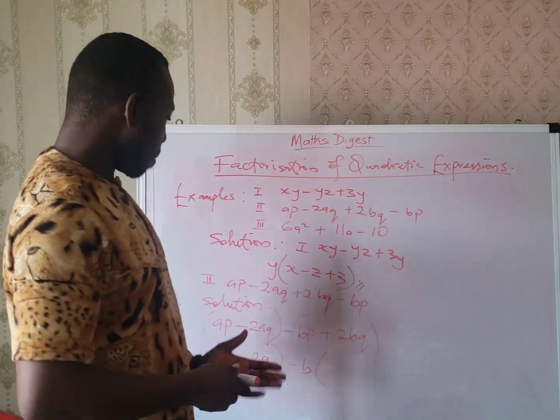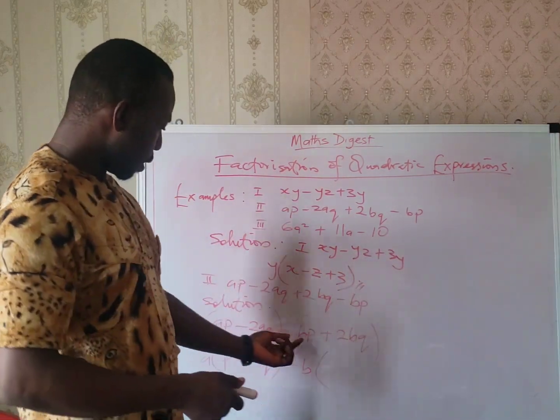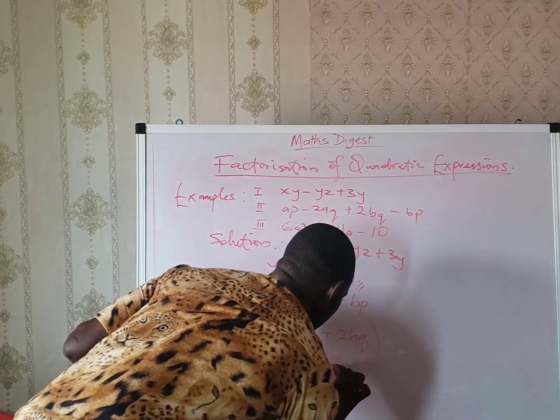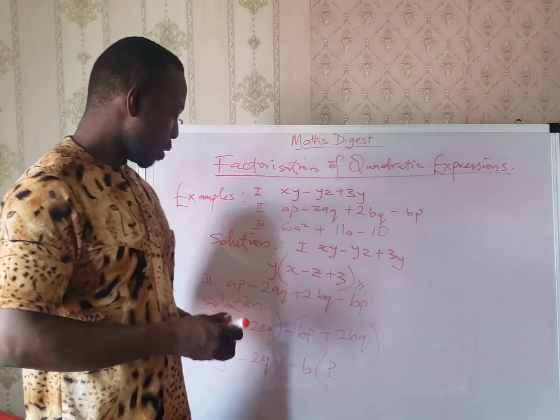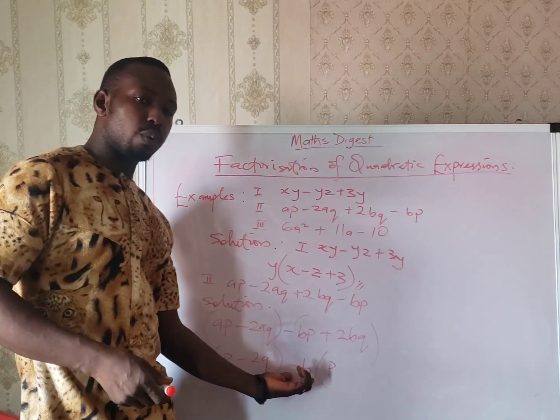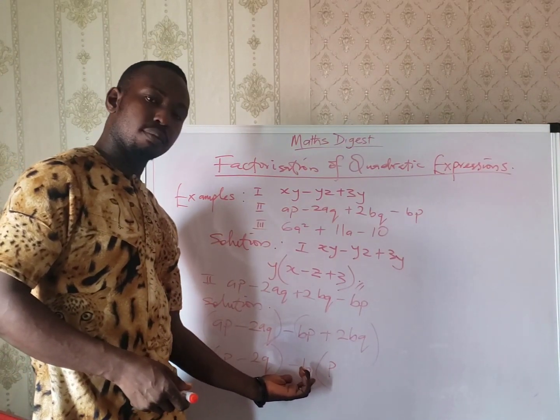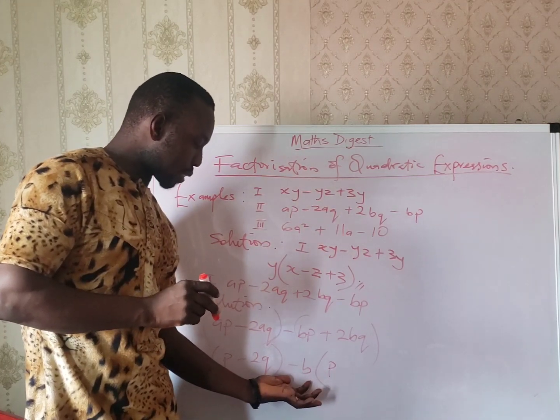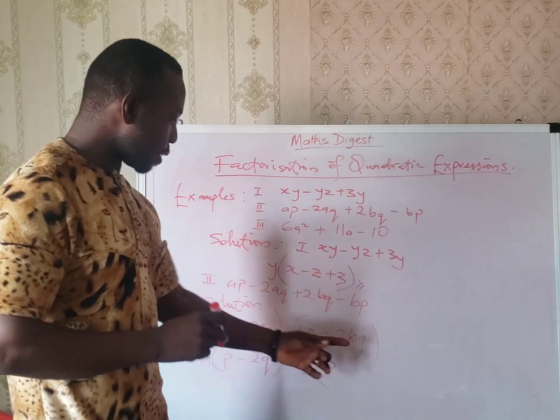Okay, now minus B. If minus B divides this, we have what? Only P. Okay, now remember we are dividing with what? A negative sign here. Pay attention, please. We are dividing with a negative sign here. So it's just like saying